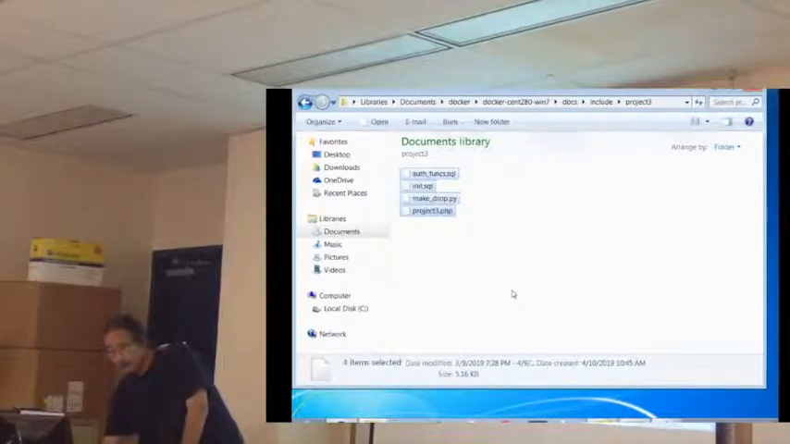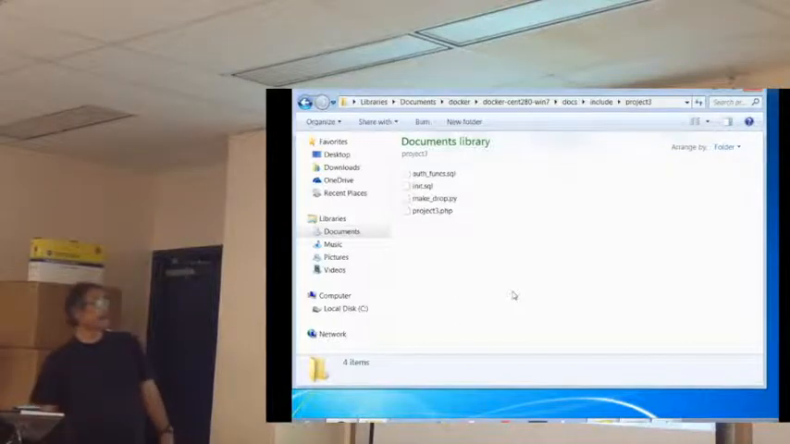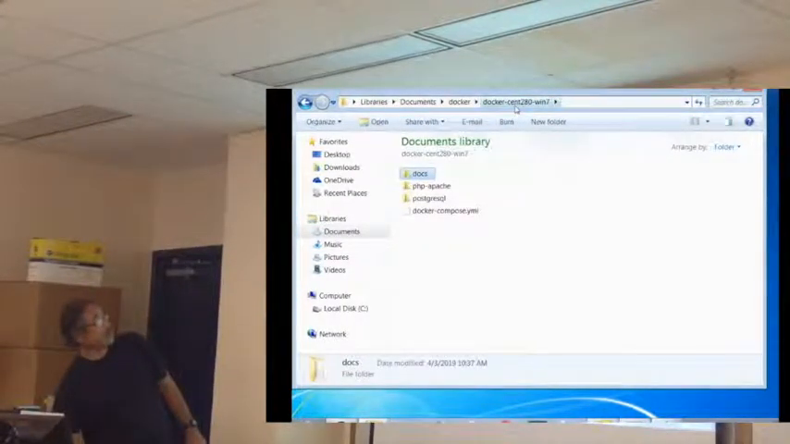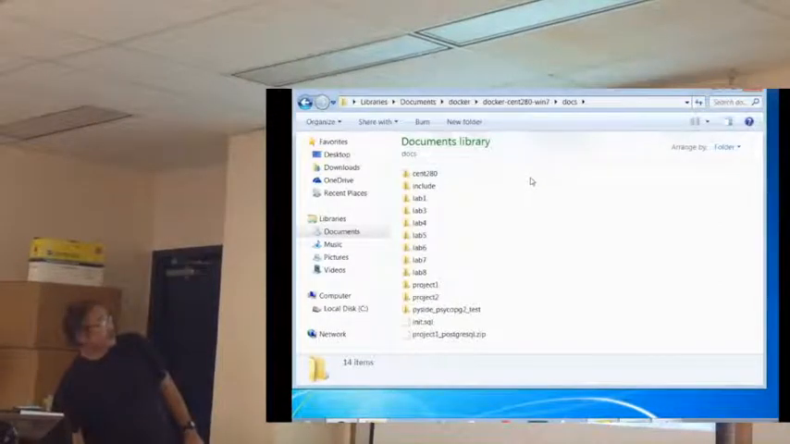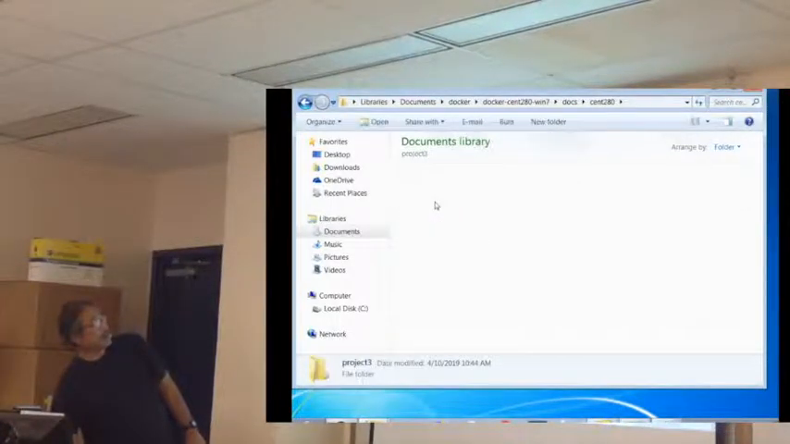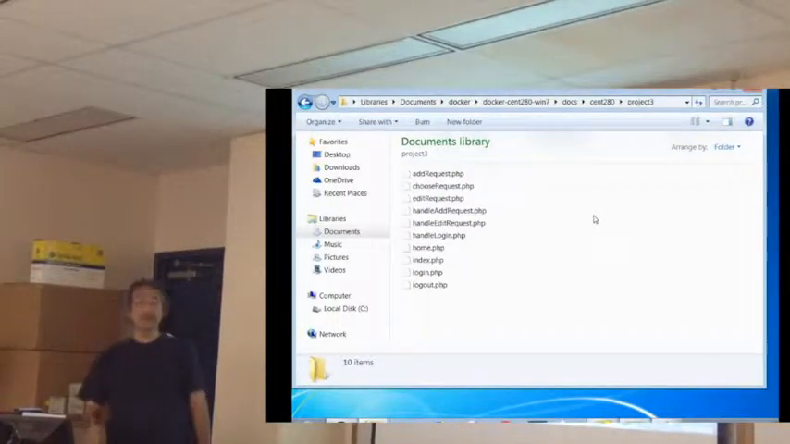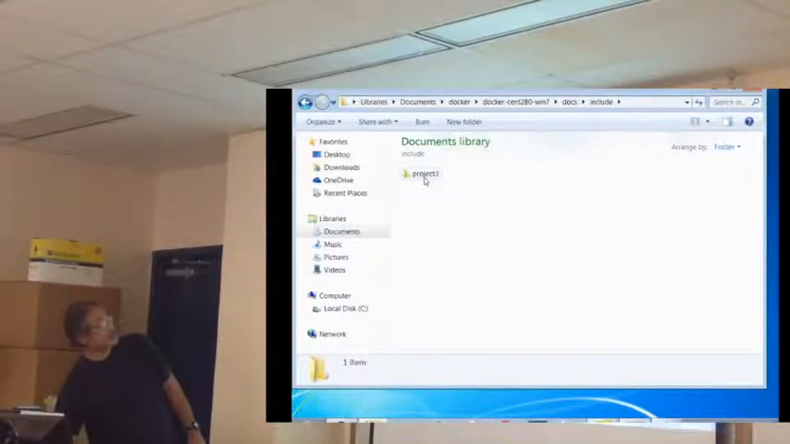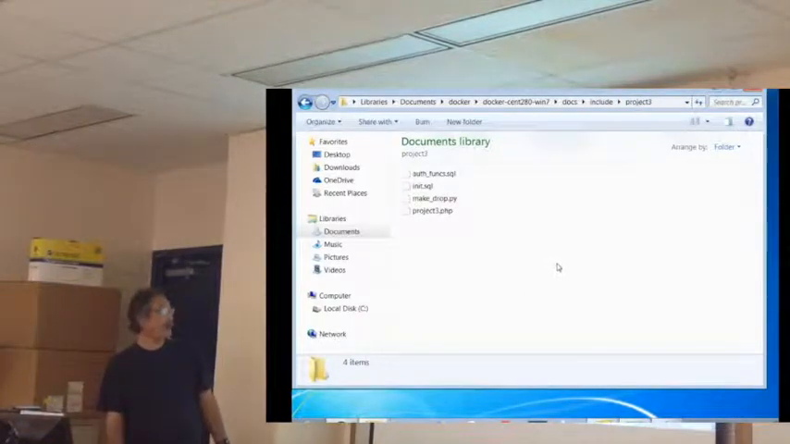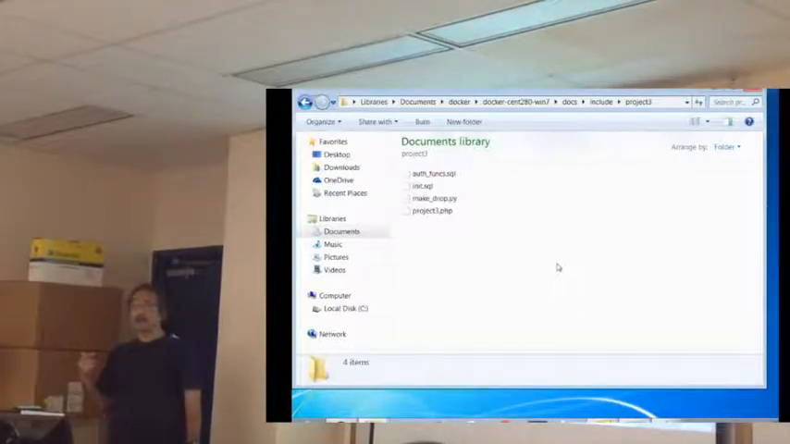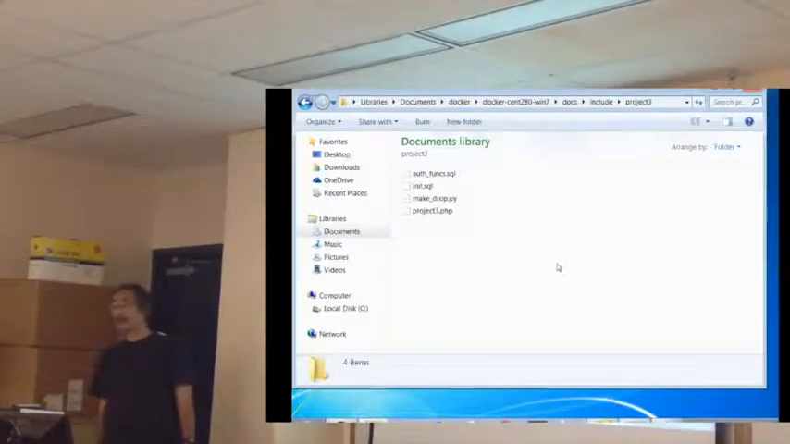Okay, so what you should have at the end of that, after you extracted it, is inside your main Docker folder, this is the main Docker folder, going into the Docs directory, inside of CENT280, you should have a Project 3 folder now, and inside of that, you should have all of these main PHP scripts. Okay, if I go back up to Docs, and I go to Include, and then the Project 3 folder, it'll just have these 4 files. One of them is project3.php. That's the file that we use to connect to the backend